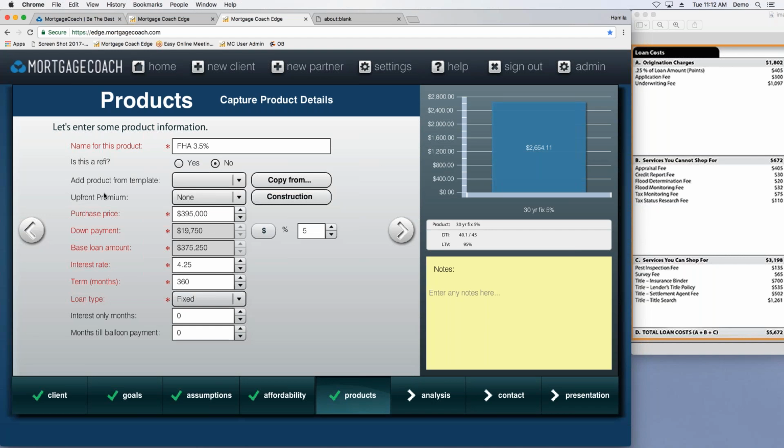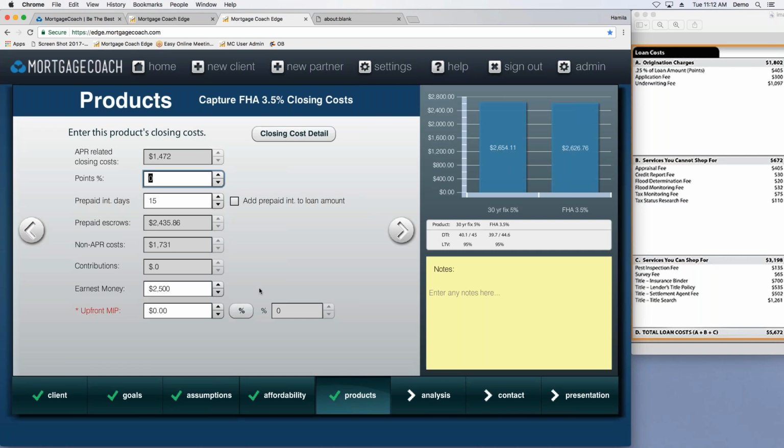So it's an FHA loan, so I know it will have an upfront premium. So I'm going to go in there and do the FHA loan. That makes sure that premium box drops in for me. If there is a change in the interest rate, let's say it's 4.125, any other thing that would be different, I would change and adjust based on my loan scenario, and then advance